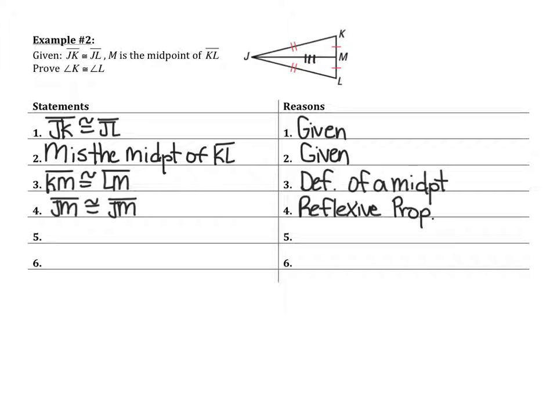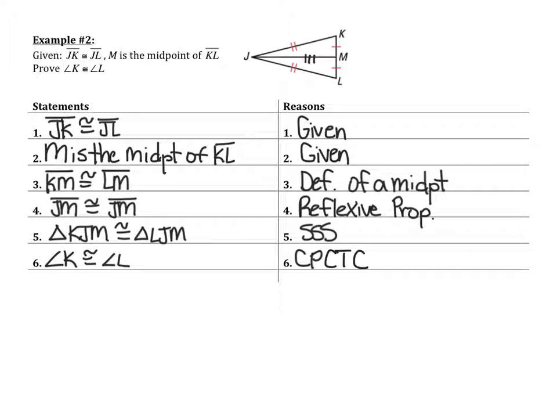So now I'm ready to prove that this triangle is congruent to this triangle due to side, side, side. So triangle KJM is congruent to triangle LJM because of side, side, side. Now that the triangles are proved congruent, I can use CPCTC to show that angle K is congruent to angle L. I would use that reason of CPCTC in order to prove that, because angle K is corresponding to angle L, so corresponding parts of congruent triangles, we showed the triangles were congruent,